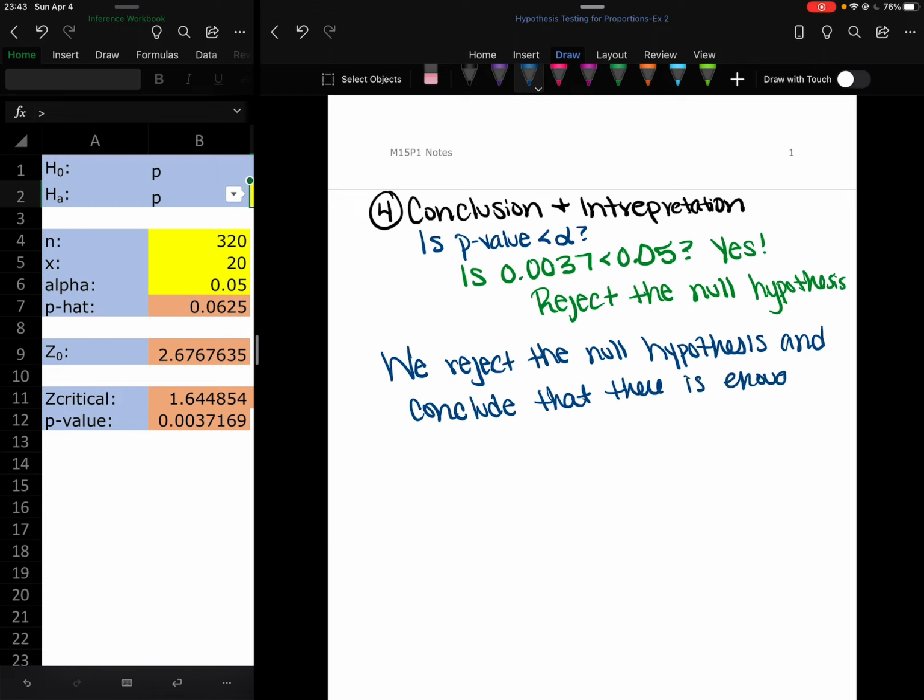You can use enough evidence or sufficient evidence. I'm not picky about that. I have a hard time spelling the word sufficient. So I tend to use enough. There is enough evidence to conclude that